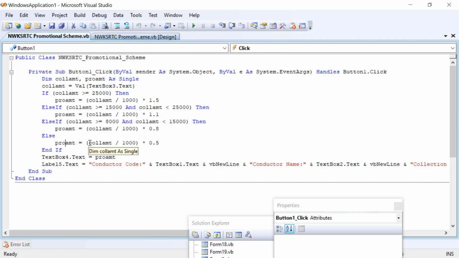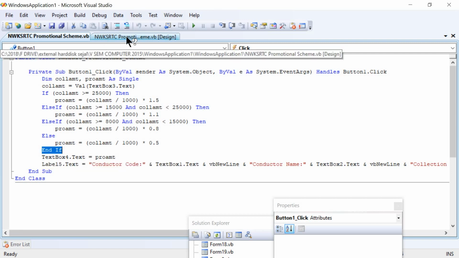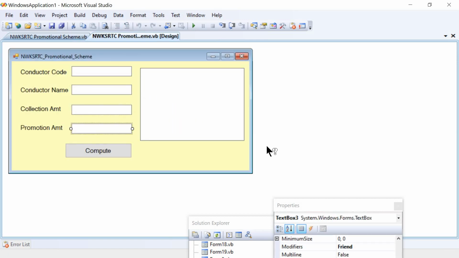If the particular expression is taken within a set of parentheses, this will be calculated first and later its value will be multiplied with 0.5. Then the If statement will end with End If, then later we have to display the promotion amount. Promotion amount will be displayed in TextBox4 as per the design here.